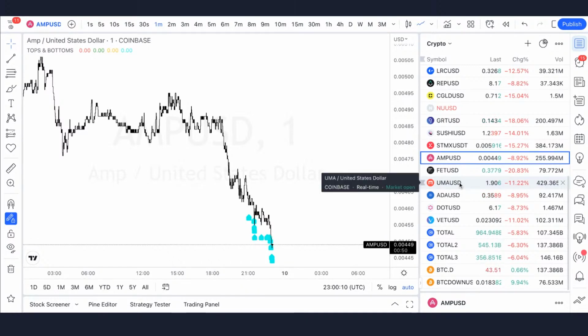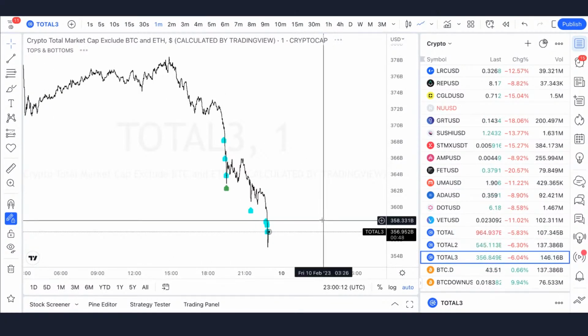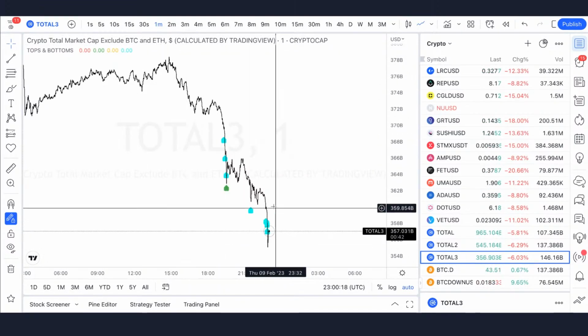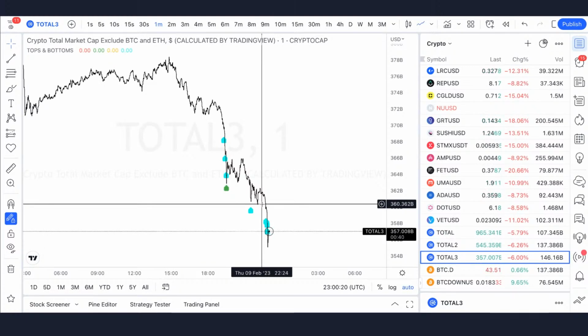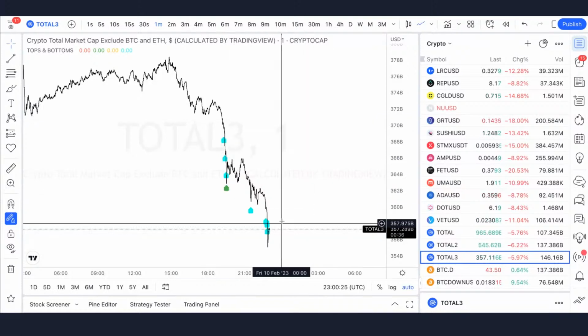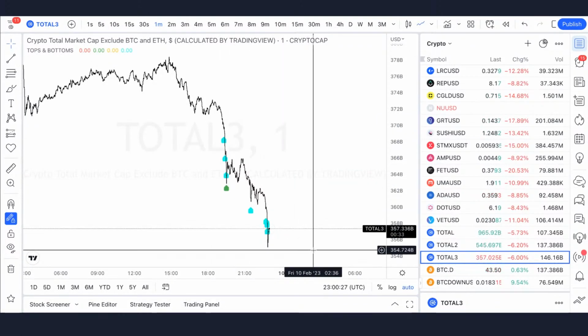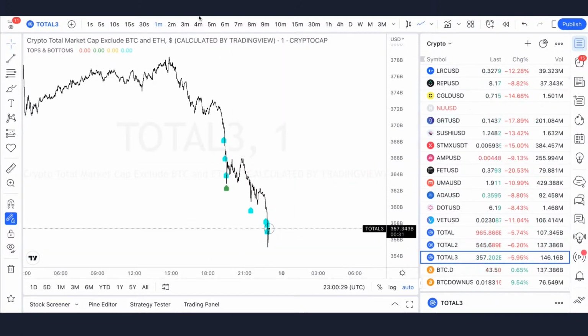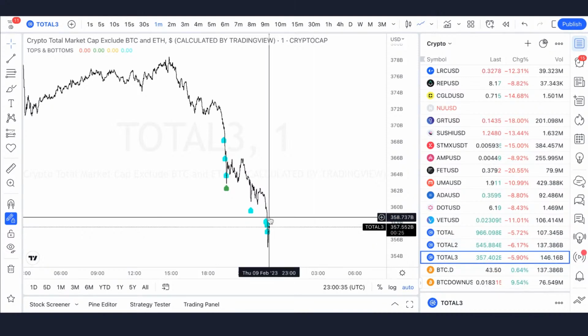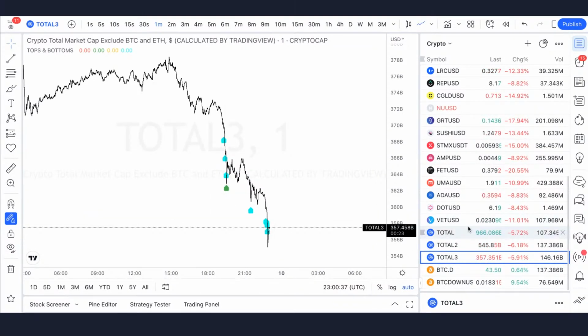To see this more widely, probably a good way to do it is to see here on the crypto market cap. And this excludes both Bitcoin and Ethereum from the market cap. So you're really just looking at altcoins, some of the lower cap altcoins. And you can see that entire market around the altcoins is looking at a similar thing. And that's what we saw when we were scanning through some of those trades. So you can just see exactly how this could have played out, and ultimately a picture of the market was